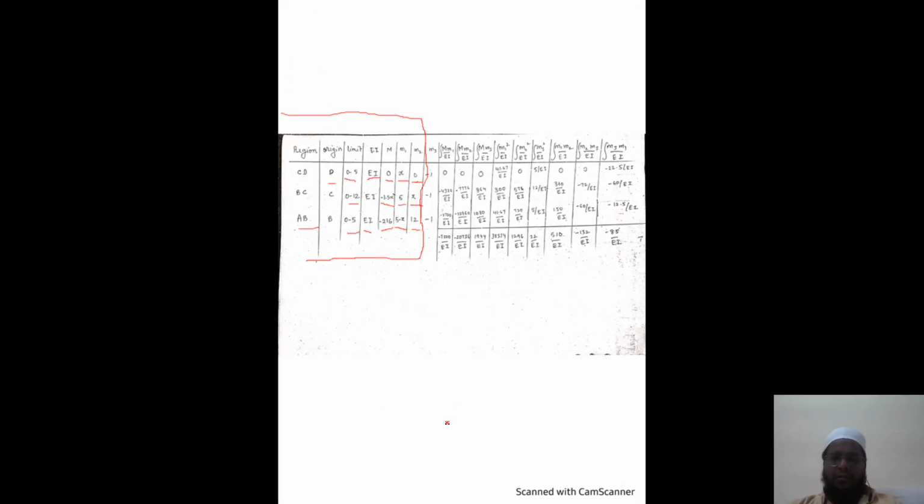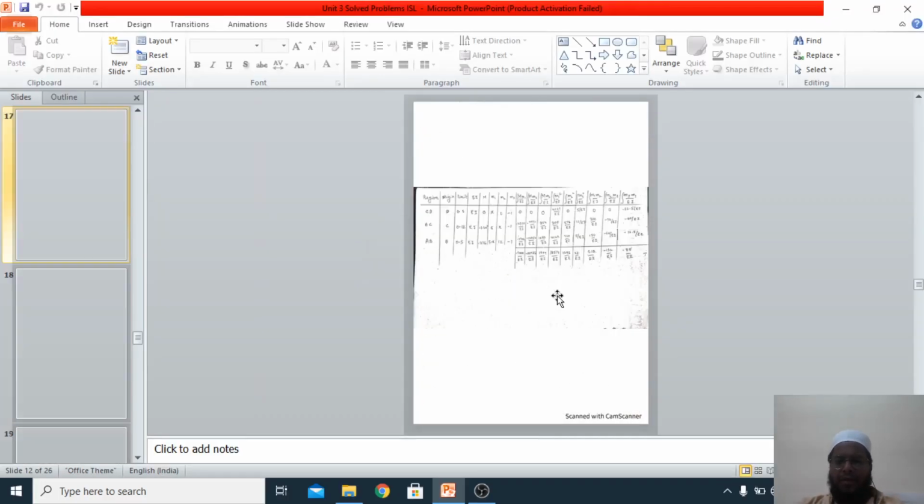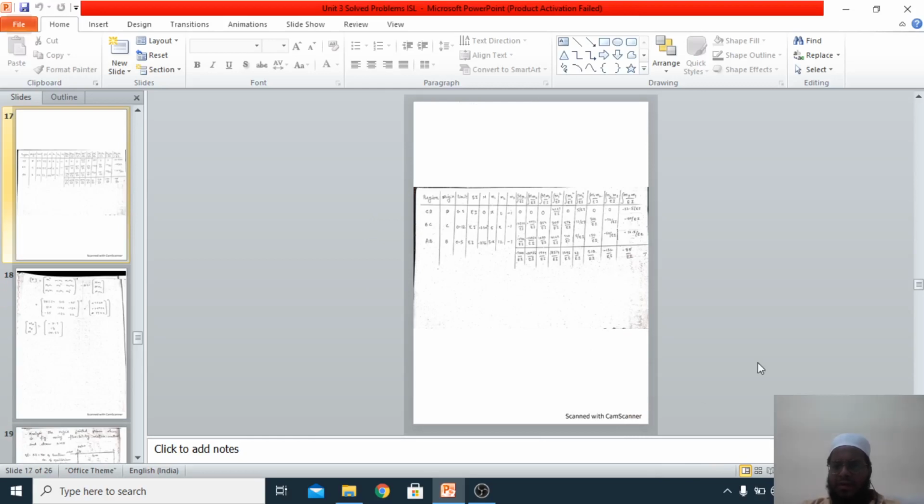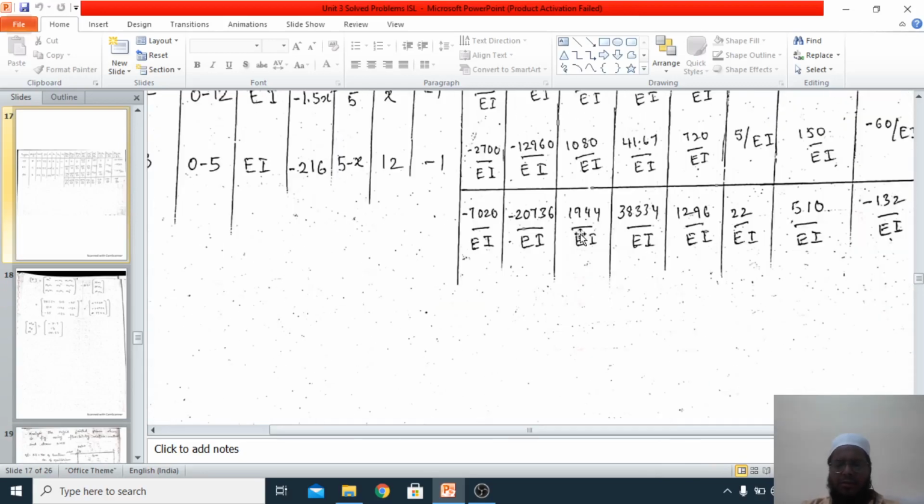So whatever the moment which is developed over here, since it is clockwise moment, at every location, that is section 1-1, section 2-2 and section 3-3, we will take 1 kilonewton meter as extra loading over there, and we'll take it as minus 1, minus 1, minus 1. Why minus 1? Because since it is going in clockwise direction and all the moments are on the right side of the beam, that is why minus 1. Okay, so once we have got M1, M2 and M3, we'll go for this one. I'll try to enlarge this one so that it will be easily visible for us.